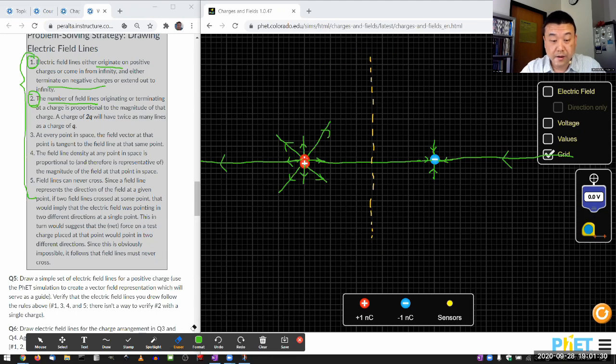So what I can do instead is these lines will connect to the negative charge here. This line will connect to the negative charge here. And I think in the process of that happening, what you will begin to see is that around this point, it's no longer electric field pointing horizontally. It's now in some diagonal direction. And these field lines will,